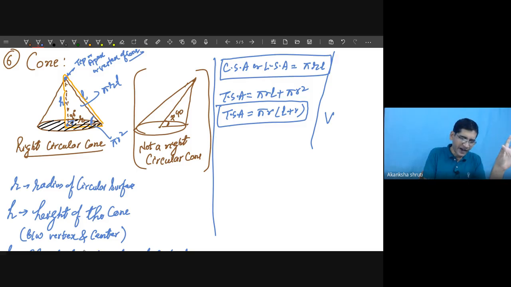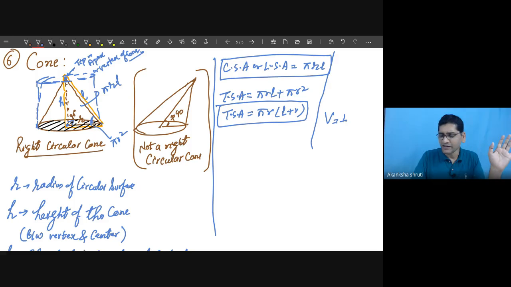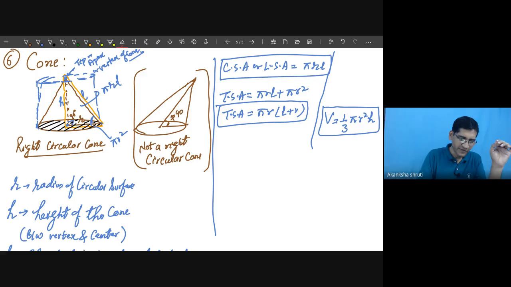If it were a cylinder with the same radius and same height, whatever the volume of this cylinder, 1/3 of this cylinder's volume will give us the volume of that cone. It's so simple. So put the factor 1/3 here, and the formula for the cylinder, which was pi r square H. Keep in mind, in volume there is no L, but it is H, and it is obtained by placing 1/3 before